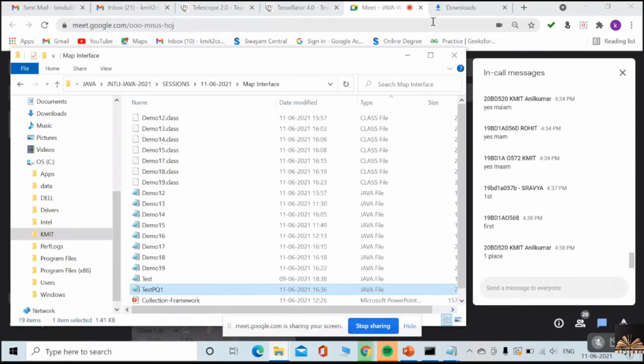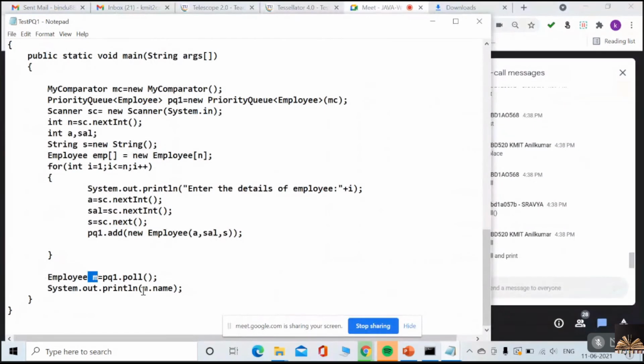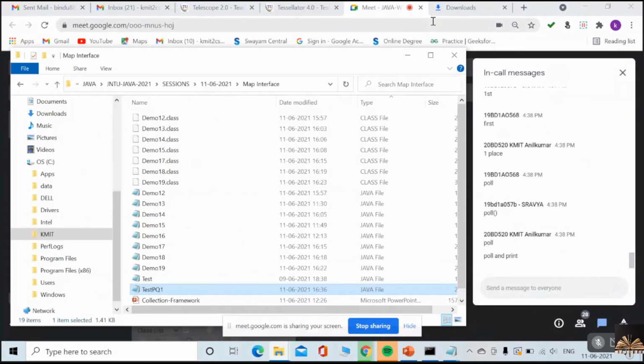Then what method do you need to use? Poll method. The poll method removes the first element, and that first element's name you have to print. That is the lowest salary employee name. Understood? Yes, poll and print. That's it. Is that okay?